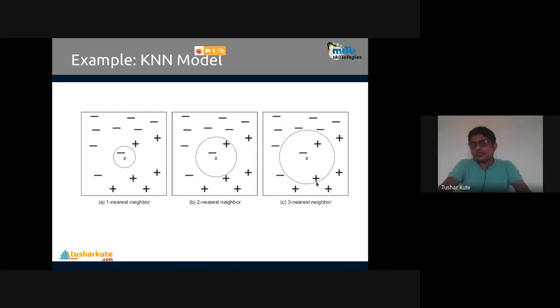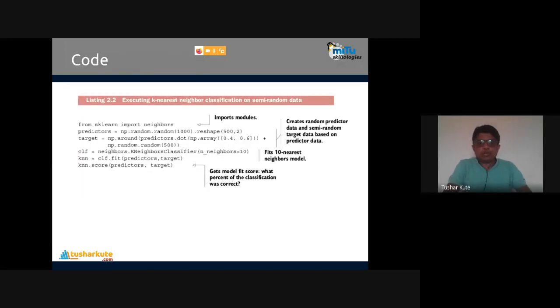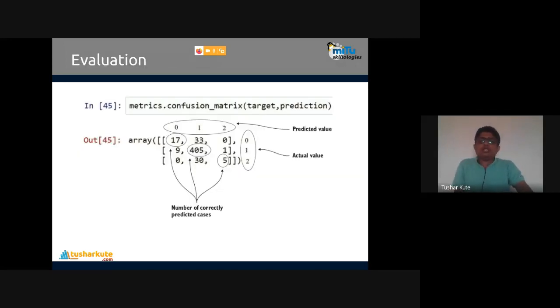So we need to understand the K nearest neighbor model completely. Then only are we going to perform the operations and the evaluation of this model. The K neighbors classifier is used here. With the help of the K neighbors classifier, we can make predictions on the given data. There is one evaluation method called the confusion matrix. The confusion matrix is a method used by classification algorithms to check the classes, or to check the accuracy level of the implementation of the respective algorithm.